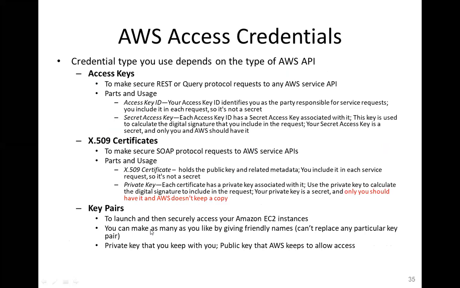Now AWS access credentials. From the access credential, we mean how we can have access to the various applications. What are the various AWS APIs? We'll discuss those APIs in another presentation. We'll not discuss these APIs here, but we'll tell you a little about the access keys. We can have a REST protocol or query protocol for various API services. So moving towards the API,